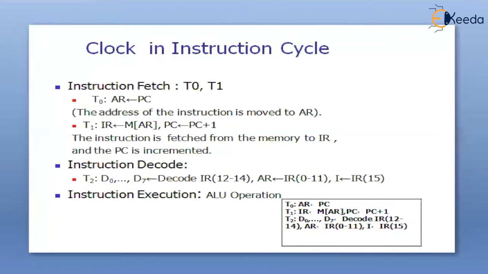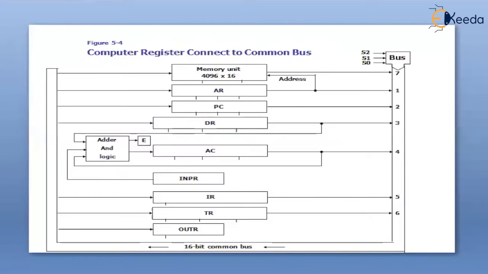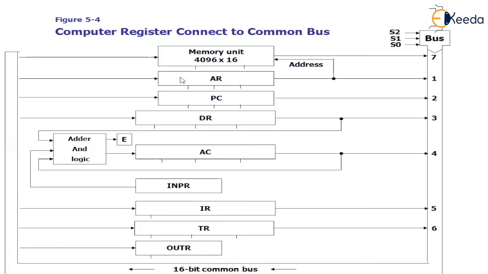Let us first of all look at the basic register structure in the system. These are the registers in the memory unit, right? This is the memory unit of the system, and these are the processor registers, and there will be an ALU somewhere nearby. In the same system, we are also provided with some ALU.